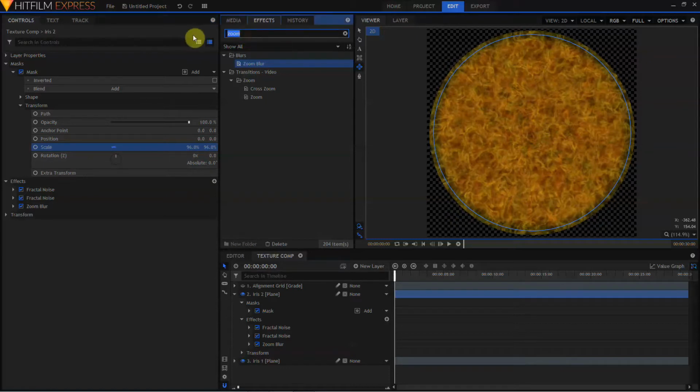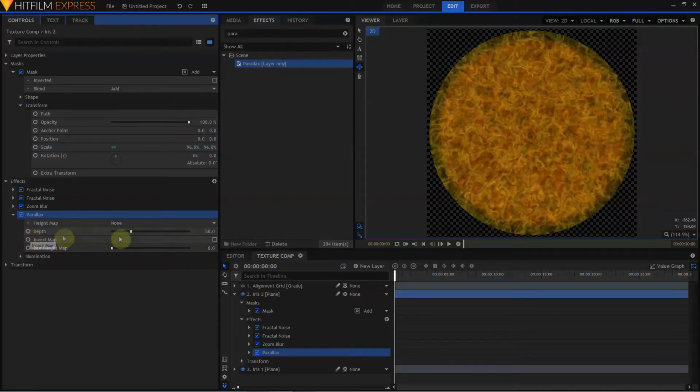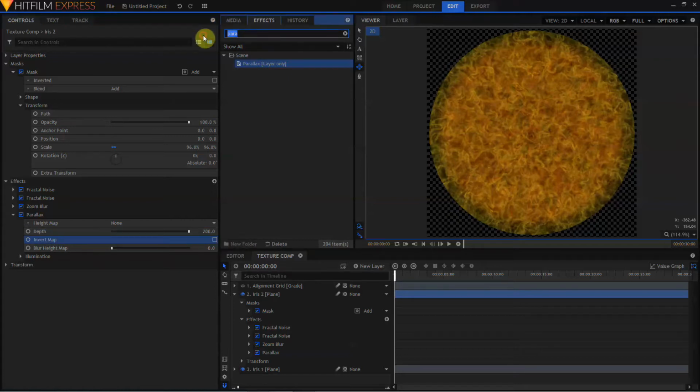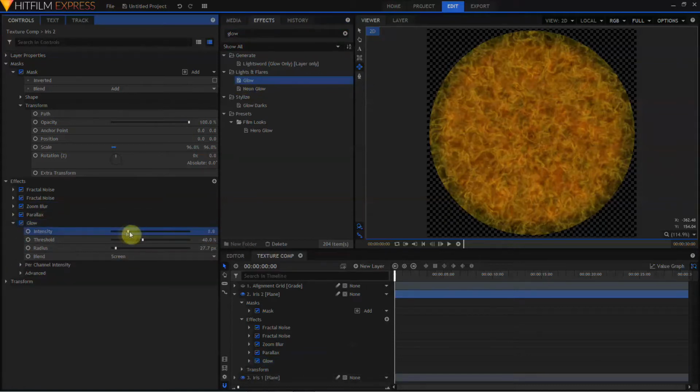Return to the effects panel, type in para, grab the parallax effect, and drag that to Iris 2. We'll twirl open parallax and just crank that depth all the way up to 200. Return to the effects panel again, type in glow, and drag glow to the Iris 2 layer. We'll turn the intensity of the glow up way, way too high,